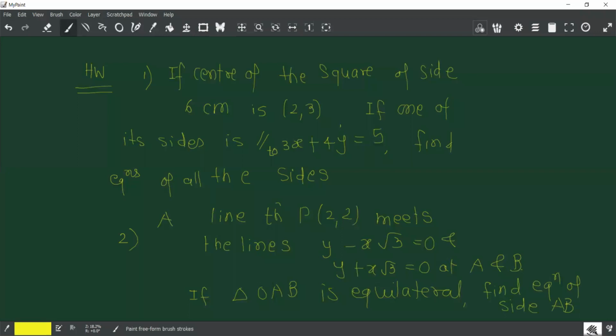Do you want a hint? I can give you. If you want the figure, how it will look, I can show you. If you want to try on your own, still it is okay. I want an answer from you. These are the two homework sums, and these difficulty level sums cannot come in HSC. But when you solve more difficult sums, your concepts get clear. That's the reason I'm taking it.